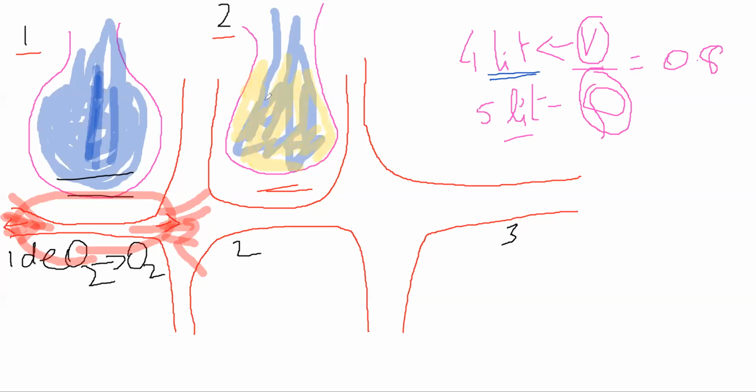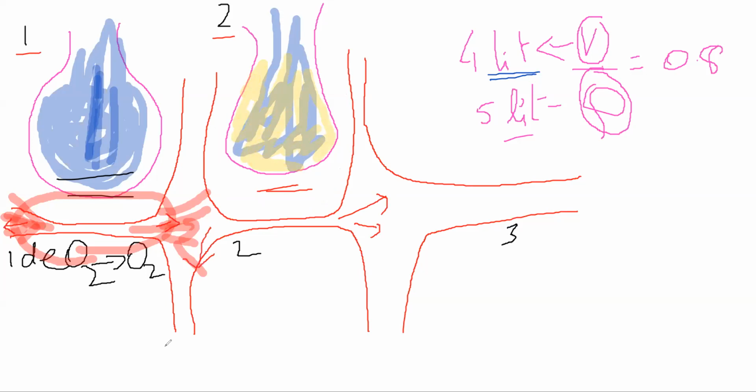Basically this alveolus is also not working properly, meaning what will happen again, this fellow will also constrict, right? So you will see constriction in this blood vessel as well. So you have something like this. Again it will try to push blood out this way and this way, wherever there is space. See, if this is happening to one or two alveoli, it will not make much of a difference. But if it's happening to a whole lobe of the lung or one whole lung, that will be a problem. That is what is happening in pneumonia. From here, from the base condition, this is how the V by Q ratio changes.